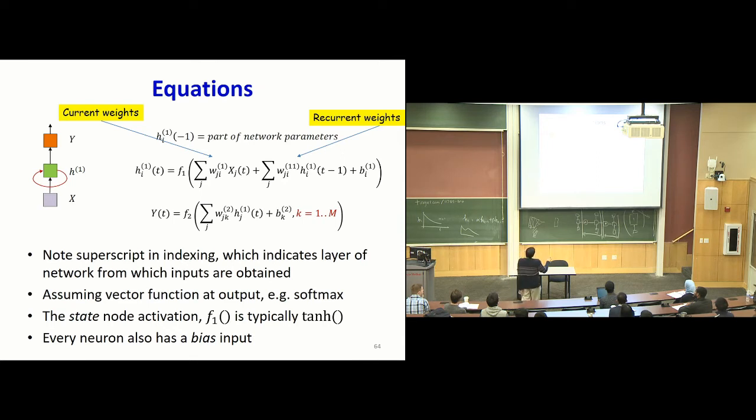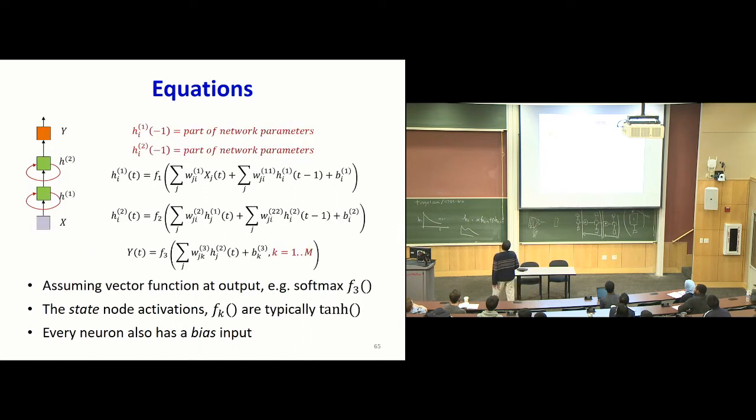So this would be the manner in which this output is computed, and the output Y is going to be whatever other activation which operates on an affine combination of the H's, which is simply a weighted combination of all of the H values plus a bias. Now observe that this is a weighted combination of several H's, indicating the fact that this guy is actually a vector of neurons going into the page, right?